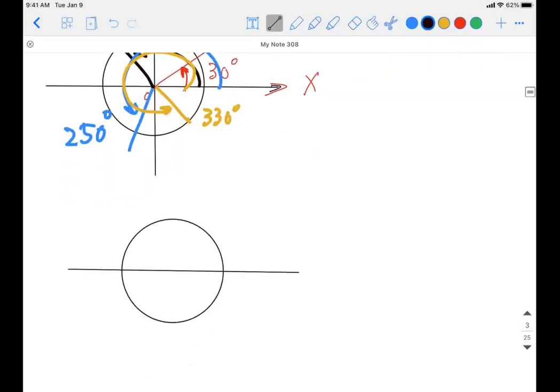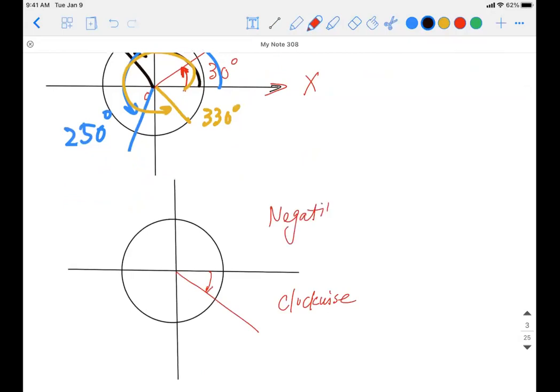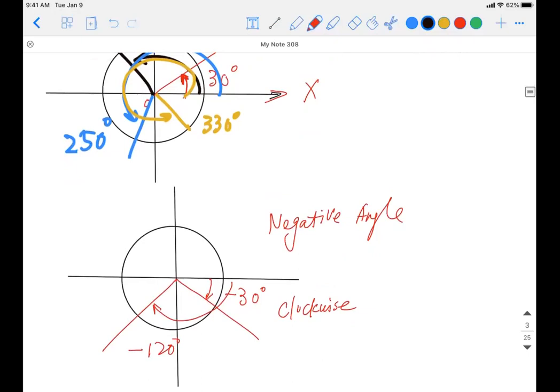Similarly, I can do the same thing from a different direction. Let's say it's still the same angle, exactly the same thing, but this time my ray goes from here. This is not anti-clockwise; this is clockwise. I can turn my ray in the clockwise direction. In that case, I'm able to define a negative angle. Let's say this is negative 30 degrees, this is negative 120 degrees, and so on. So with such a unit circle, I would be able to define positive angles and negative angles.